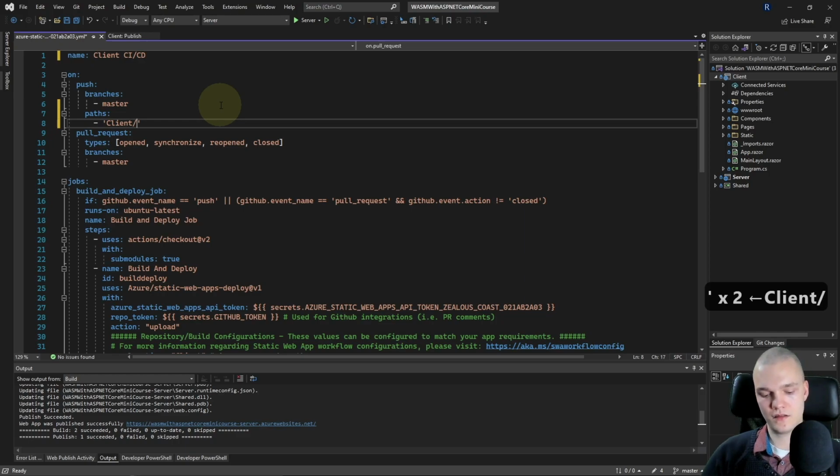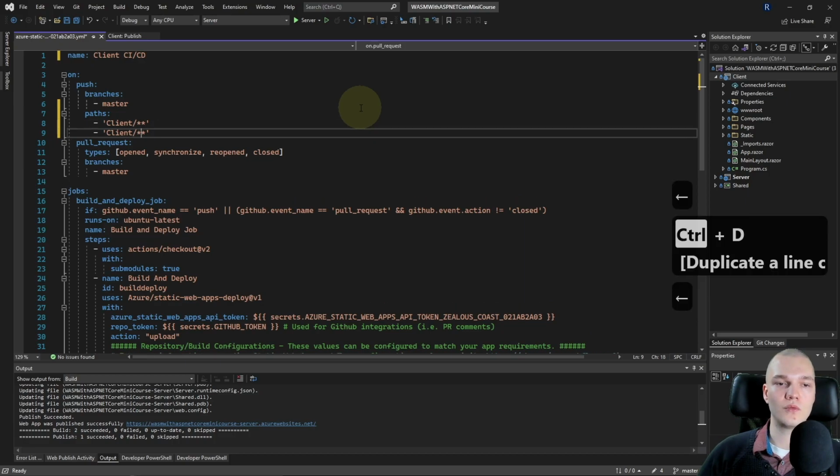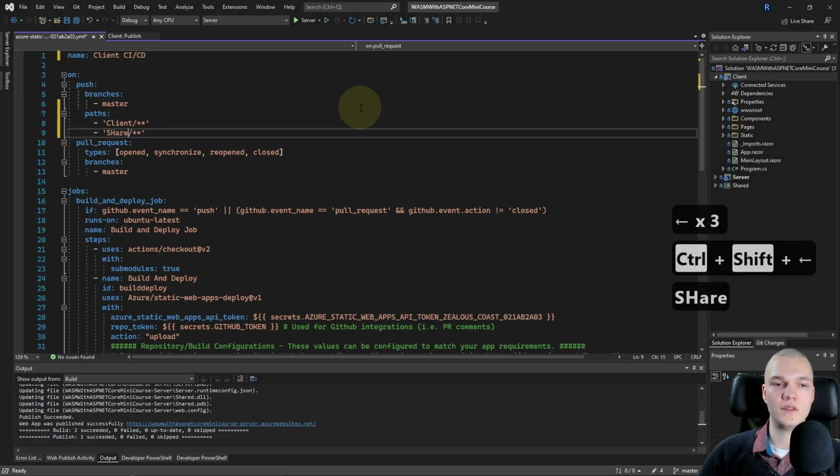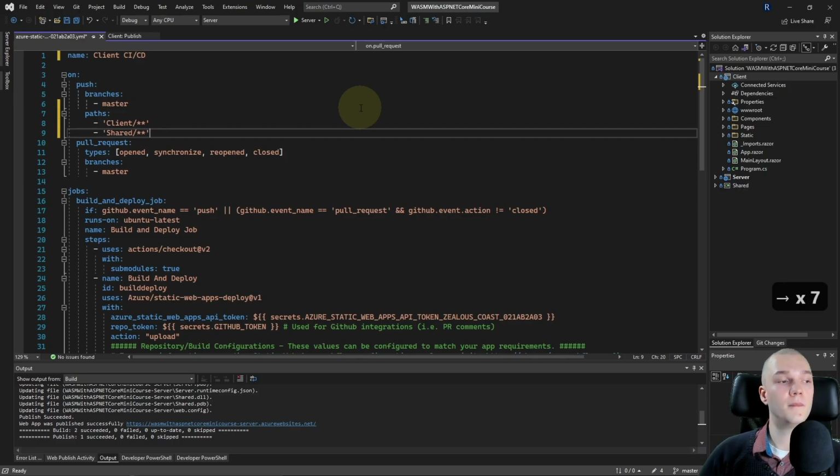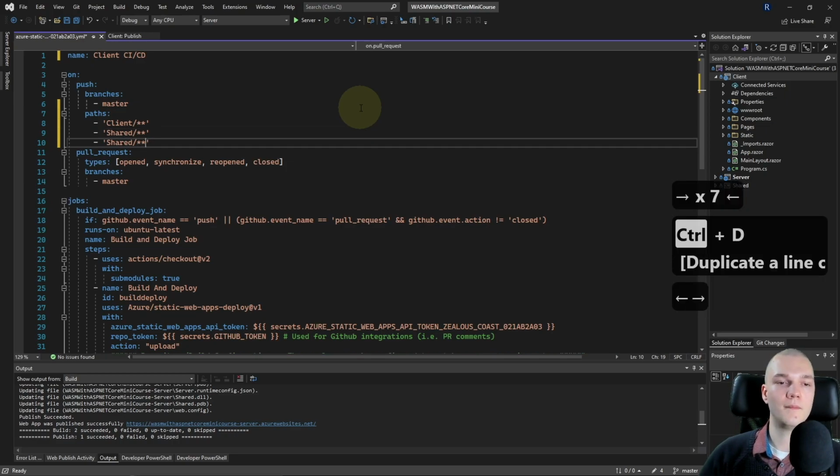So we want to include everything in the client folder. Then I'll duplicate that line with Ctrl D and change it to shared/*, and duplicate it again.